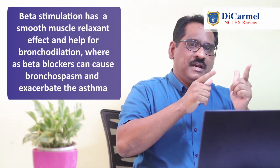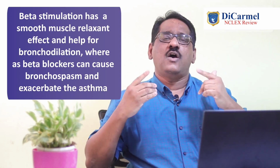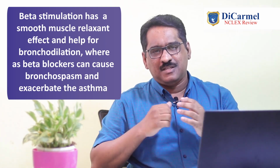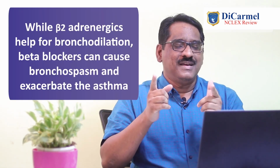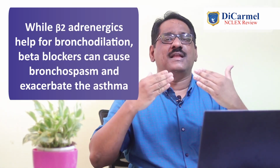So while this helps to control the cardiac output and control the blood pressure from the heart, it's going to have an effect on the rest of the body, particularly think about the bronchi. We heard beta stimulation has a muscle relaxant effect which can help for bronchodilation. Now, when it comes to beta blockers, it has the opposite effect. It's going to cause bronchospasm and can restrict the airway, can lead to asthma exacerbation. Now, it must be getting clear why beta blockers cannot be given to an asthma patient. Again, while beta 2 adrenergic effect helps for bronchodilation, beta blockers can cause bronchospasm and can worsen the